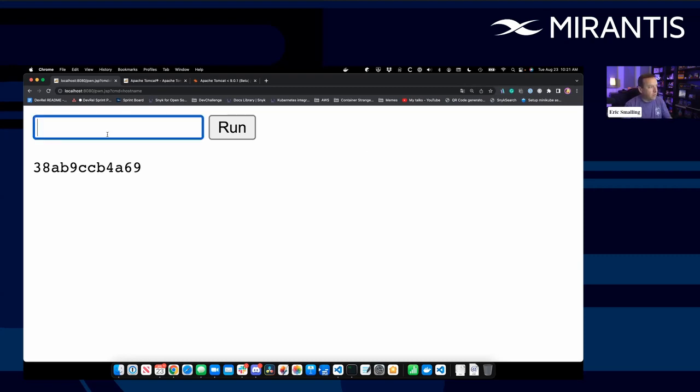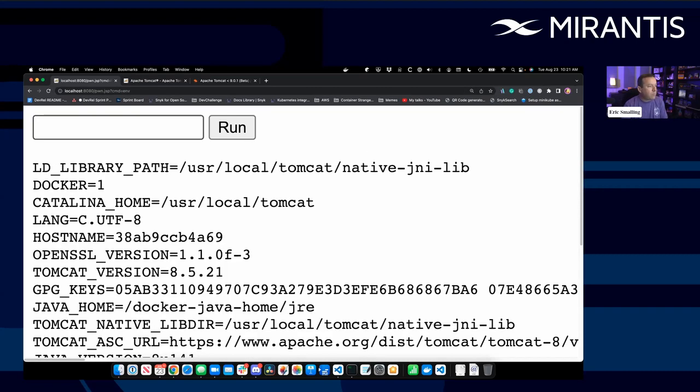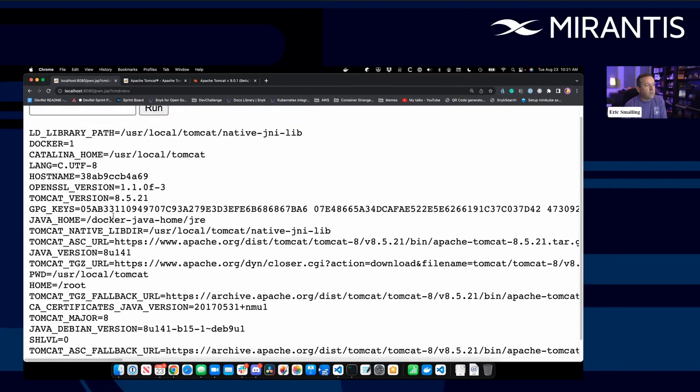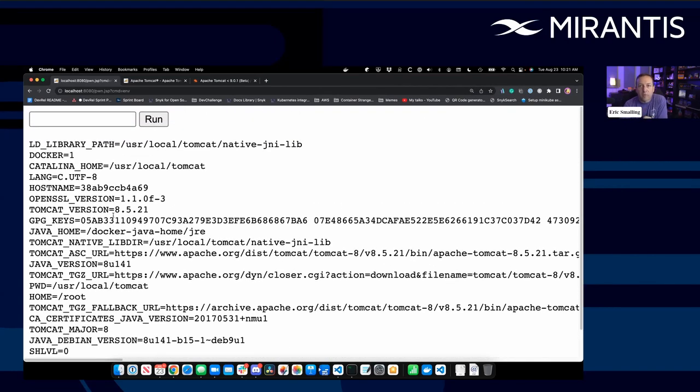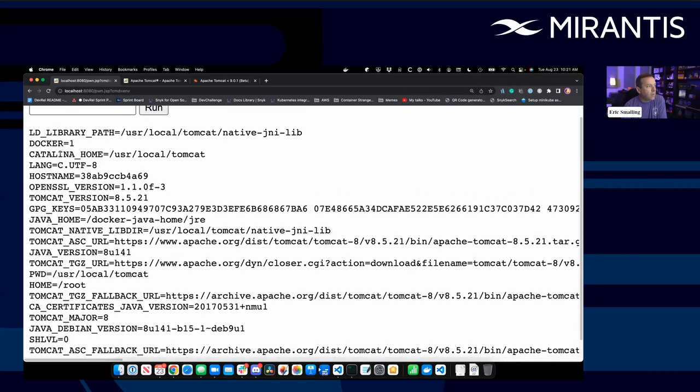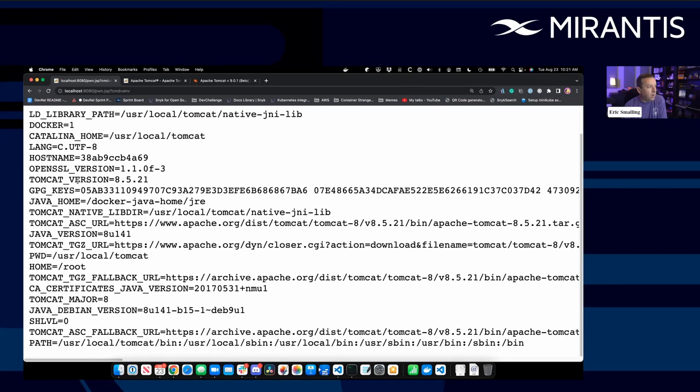Now let's see, let's do an env. I'll shrink my font a little bit here. By looking at this, I can see all sorts of good information. This is the environment variables that the Tomcat server is running under, and I can see a couple of interesting things. There's my Catalina home, so that's the path that I'm running at. All sorts of other things. I see something here that says Docker Java home. So I'm probably in a container.